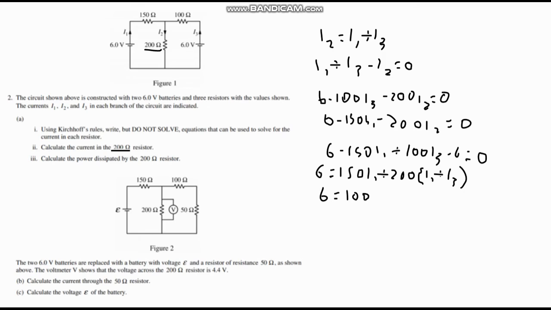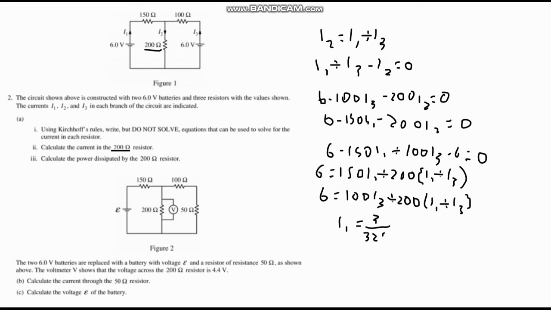And we get 6 equals 100 I3 plus 200 times I1 plus I3. And then we just solve for I1, and we get I1 is equal to